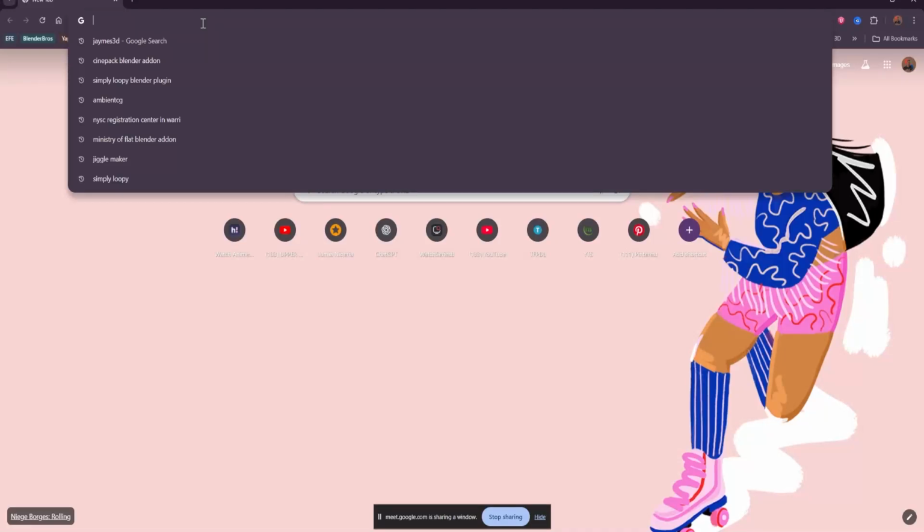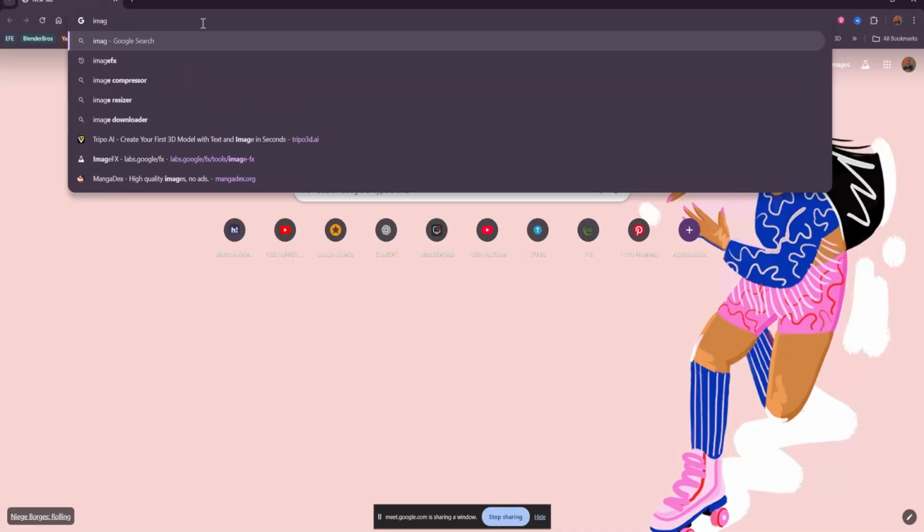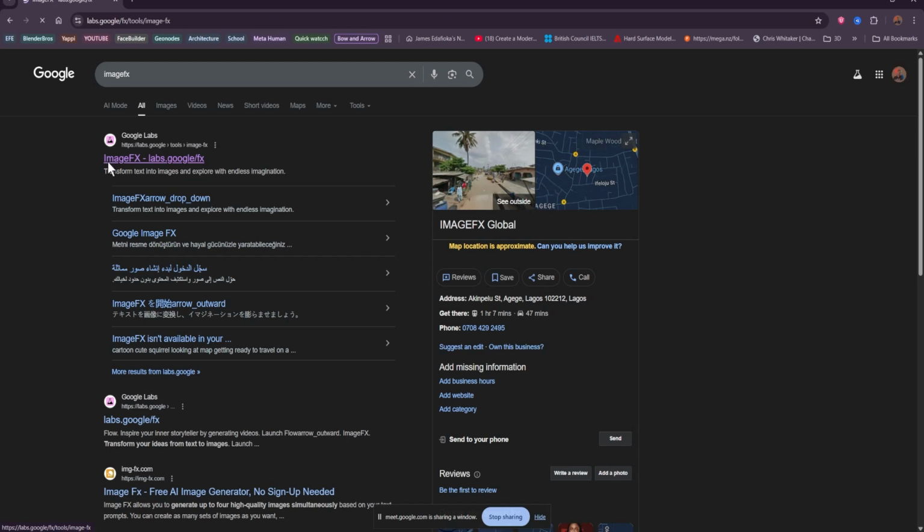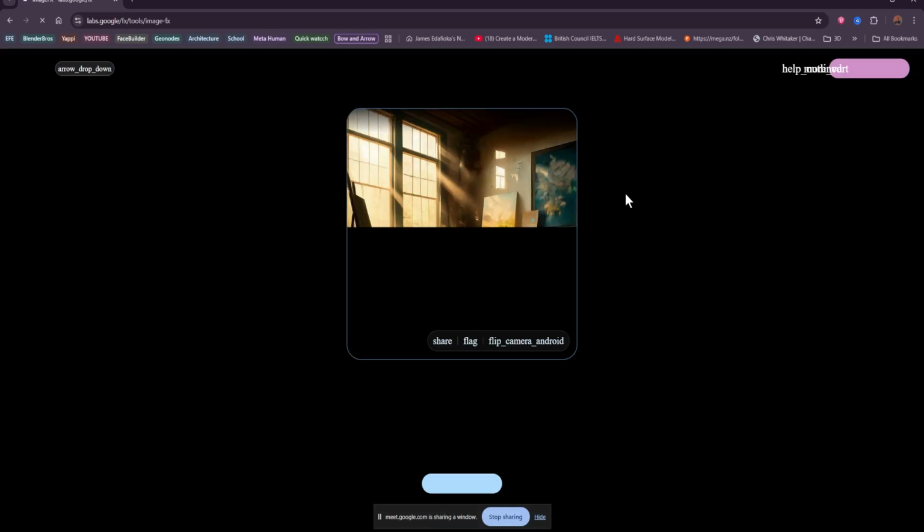To make a character, one of my first tools I go to is ImageFX. So at ImageFX, we'll log in, we'll do all we need to do, and then as usual,